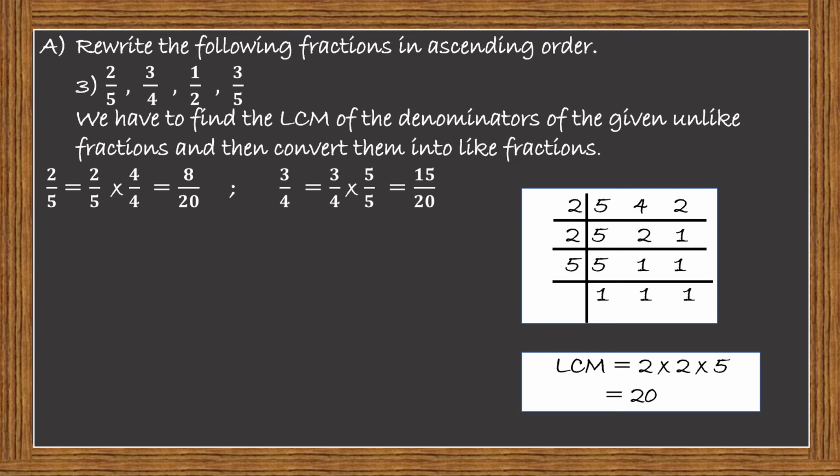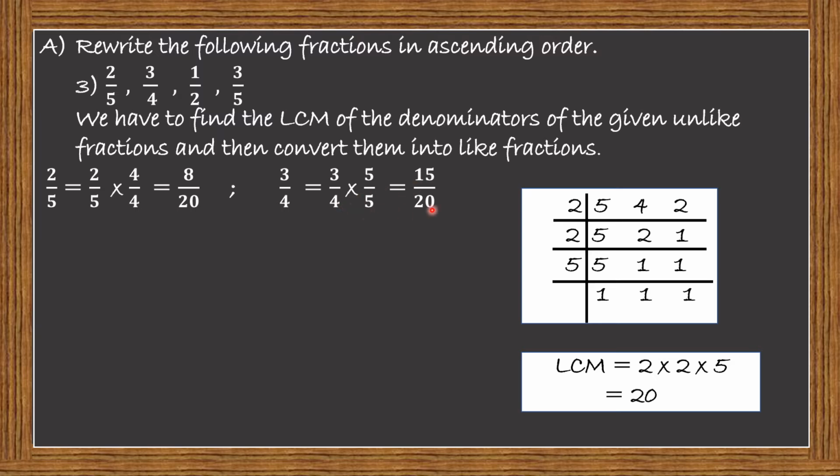So we have to convert all these denominators to 20. Let's do that. To convert the denominator 5 to 20, we have to multiply this 5 by 4. Hence we will multiply the fraction 2 upon 5 by 4 upon 4. So 2 4s are 8 and 5 4s are 20. Now the next fraction is 3 upon 4. To convert this denominator into 20, we have to multiply this 4 by 5. Hence, we will multiply the complete fraction by 5 upon 5, which is equal to 3 5s are 15 and